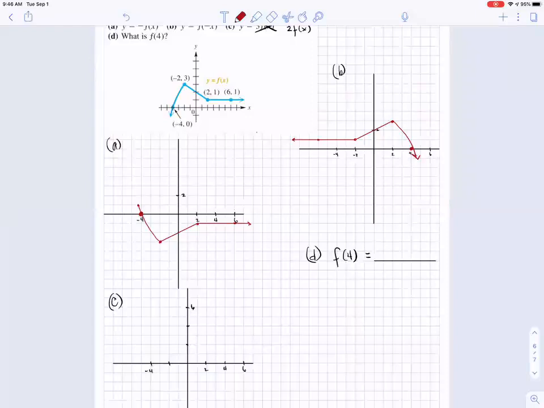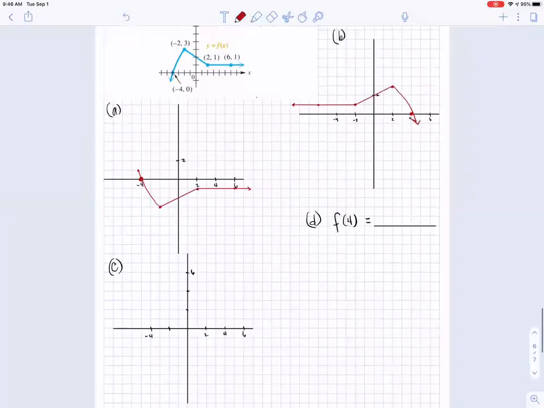Okay? All right, so starting left to right, what's the first coordinate that I'm going to draw? The negative 4, 0 is going to become what? Yeah, still negative 4, 0. What about the negative 2, 3? What's that going to become? Negative 2, 6. Keep your x value the same. Your y value, your vertical value, is doubling because this is a vertical stretch. Okay. What's the next one? 2, 1 is going to become 2, 2. And then last but not least, 6, 1 is going to become